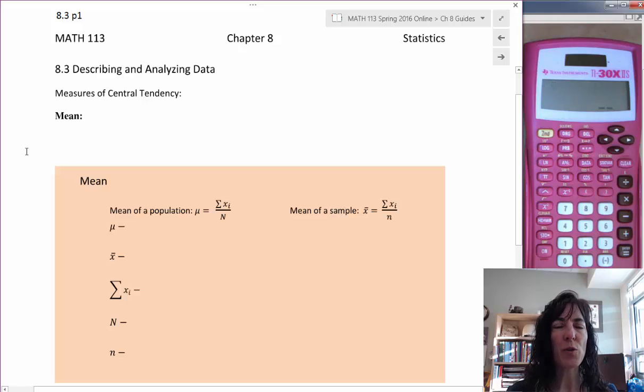8.3, Describing and Analyzing Data. We are going to move from portraying data graphically to how we can analyze it with the numbers or the